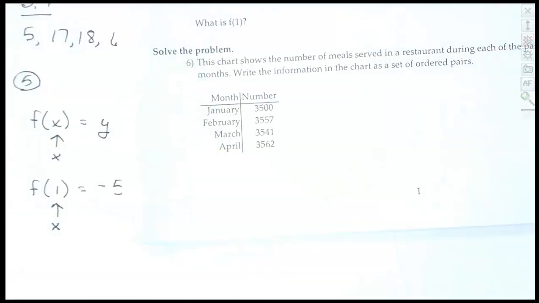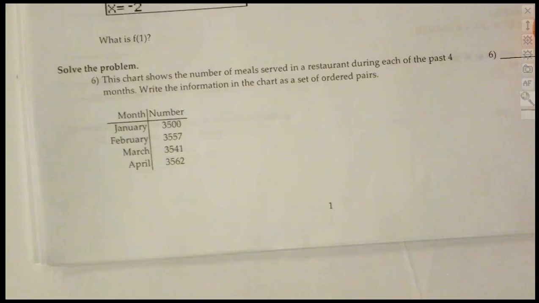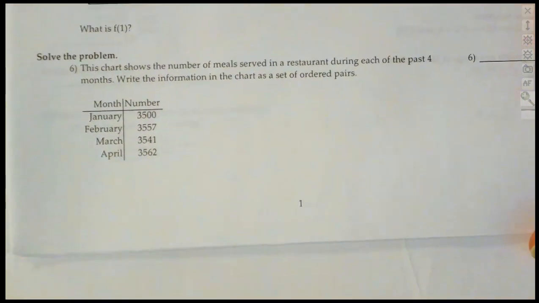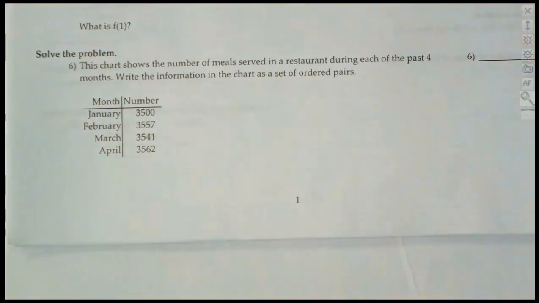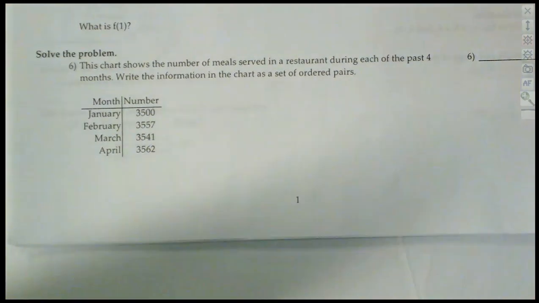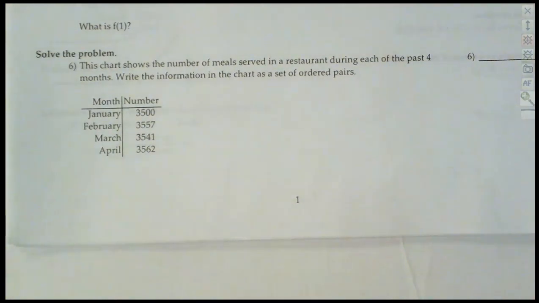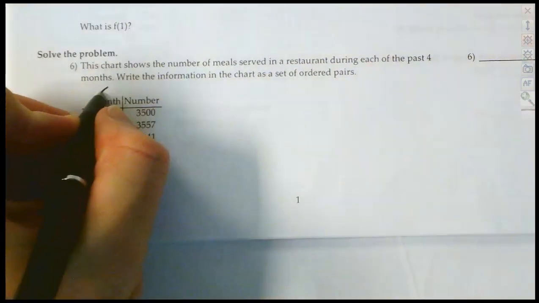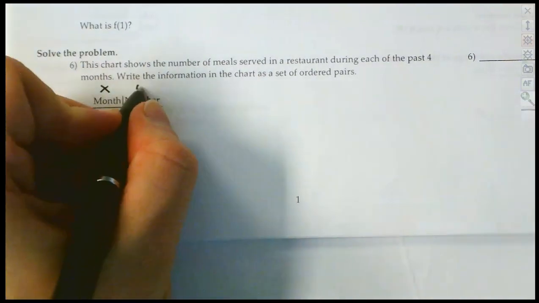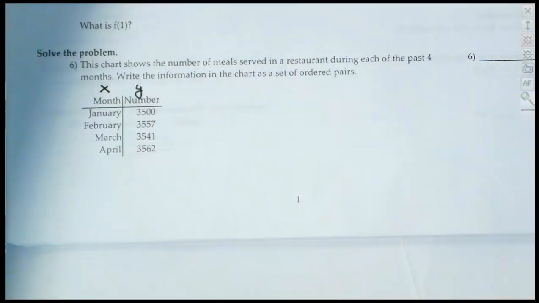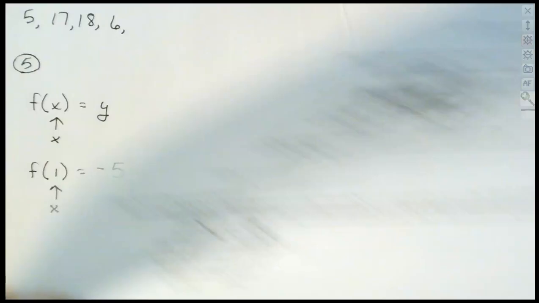Question 6, what they want you to do is write these as ordered pairs. It says, this chart shows the number of meals that are served in a restaurant during each of the past 4 months. And we want to write the information as ordered pairs. We always say that this is x first, y second. So when we create our ordered pairs now,